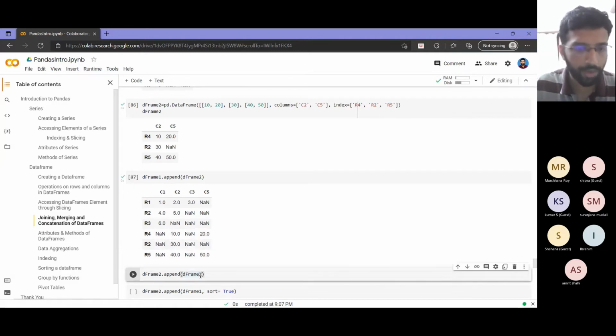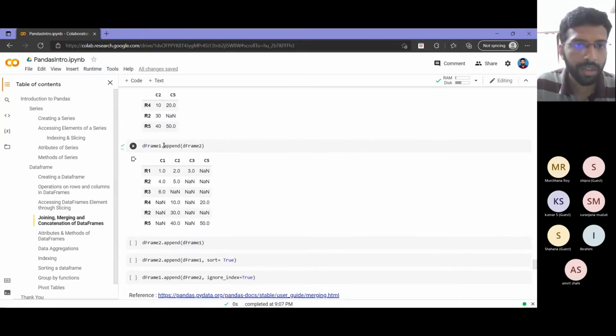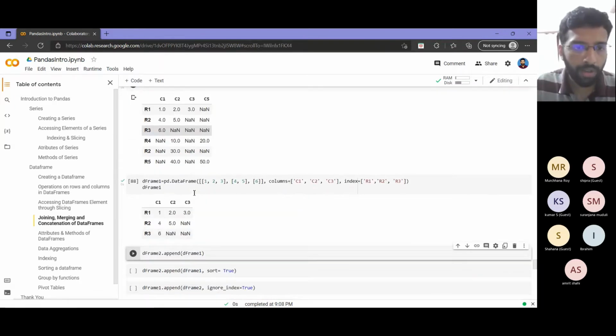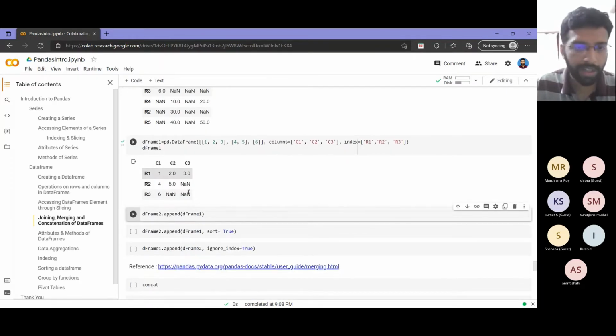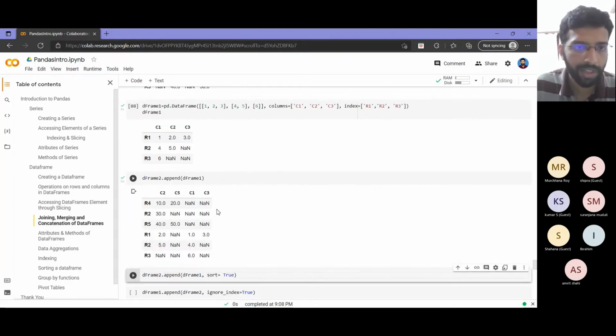Now I will reset that, because data frame 1 is modified. Now I will try to append data frame 1 to data frame 2. Then, if you see, the first things to come are R4, R2, R5 corresponding to data frame 2, and towards the end, data frame 1's R1, R2, R3 have come.